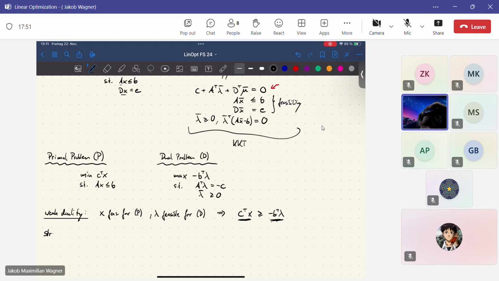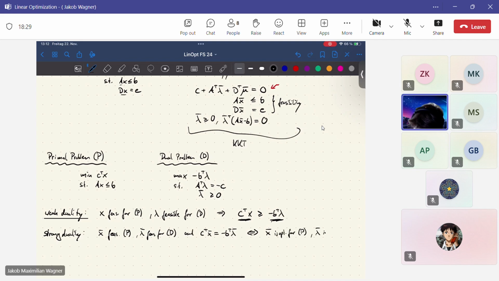We actually have strong duality as well, which states that if we have, again, feasible points X bar for P and lambda bar feasible for the dual problem, and if we have equality in this condition, so C transpose X bar is equal to minus B transpose lambda bar, then this is equivalent to saying that X bar is optimal for the primal problem